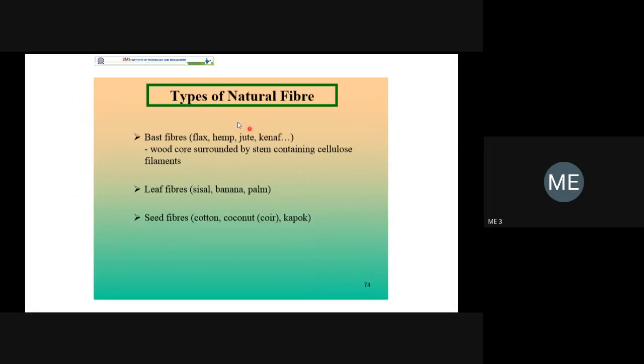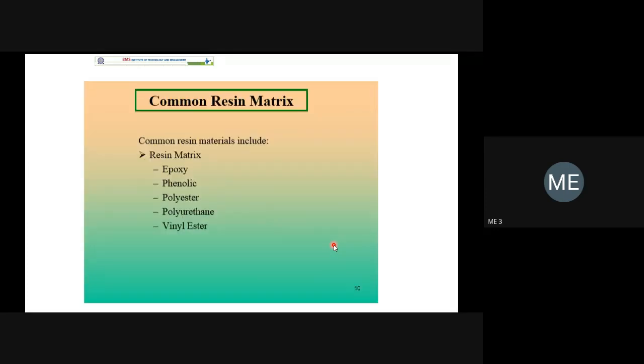Even jute fiber is also used. A lot of work is going on; it comes under polymer matrix composite. They use naturally available fiber, like leaf fiber, banana fiber. Banana trees also have fibers; you can imagine, when we cut banana trees, we get the fiber. Because of that fiber, it has good strength. Otherwise, most of it is water, a liquid, which is almost like a matrix material. Coconut fiber, coir, is also used as a fiber because it has good strength. We have coir rope, which has good strength because the fiber has good strength. These are the naturally available fibers.